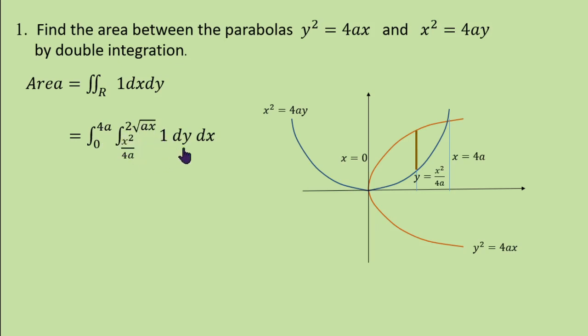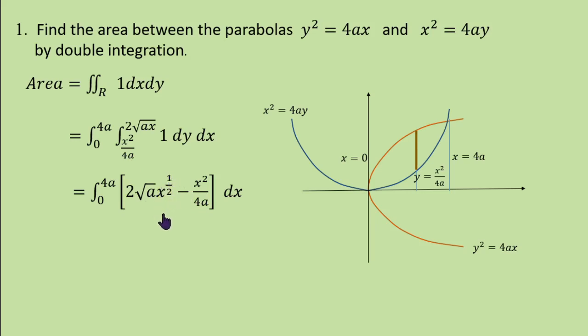Now, integral of 1 is y, upper limit of y is 2 root ax minus lower limit x square by 4a. Now, 2 root a into root x is nothing but x power half, minus x square by 4a. Here I have written x power half because